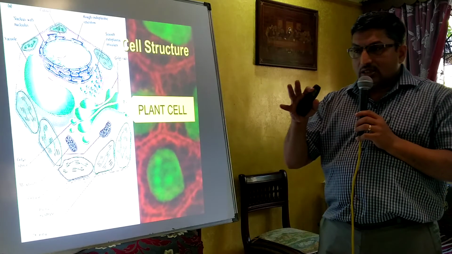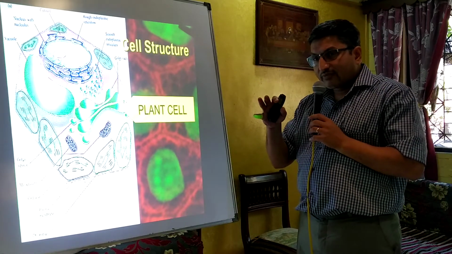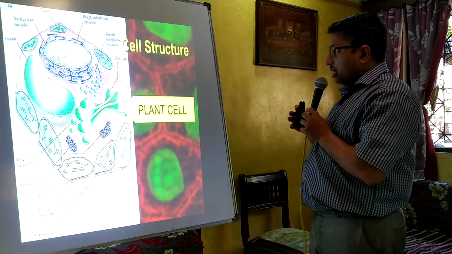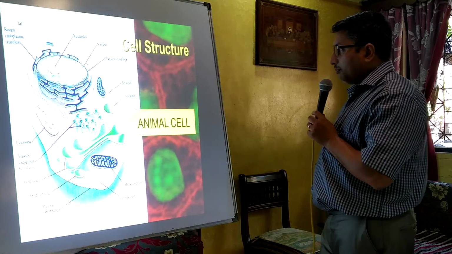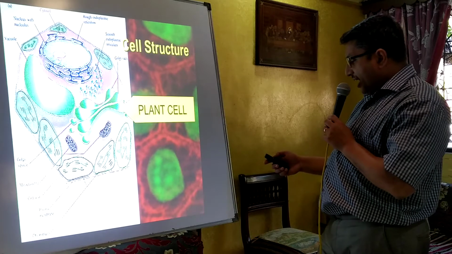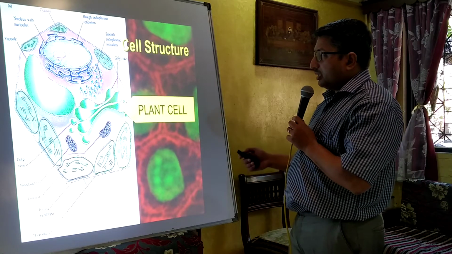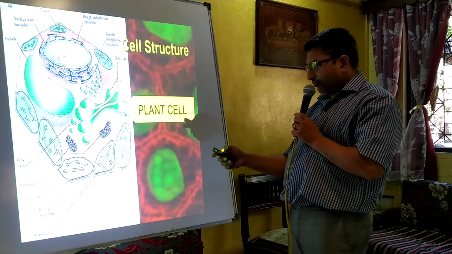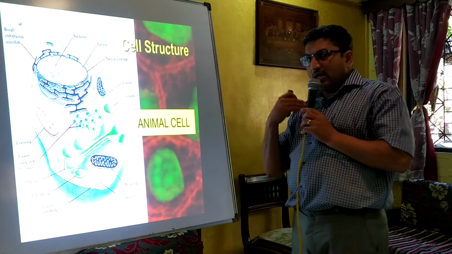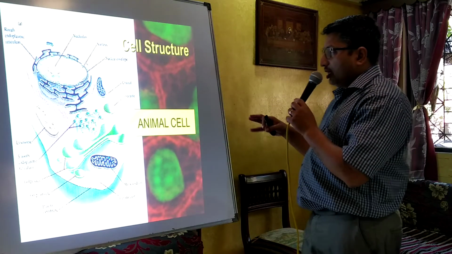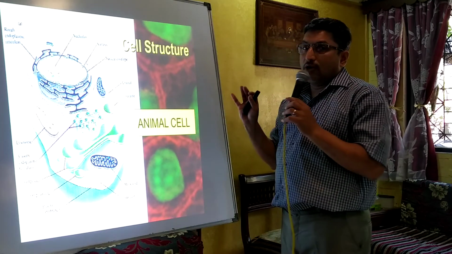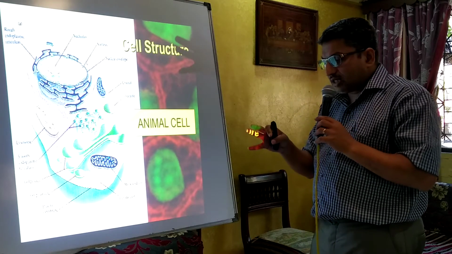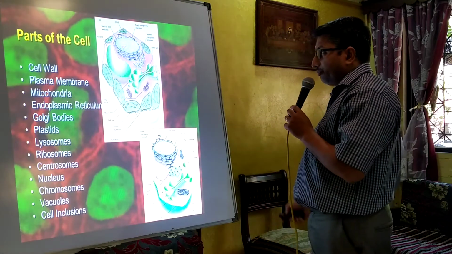Our whole planet is surviving, and we too are dependent on plants. A plant cell is made up of the following parts. We have the basic cell wall, then all the organelles and the nucleus. So this is a plant cell. This, on the other hand, is what we are made up of, the animal cell. The animal cell has no cell wall. It also has one or two different organelles than the plant cell, which we'll be looking into in detail further on.